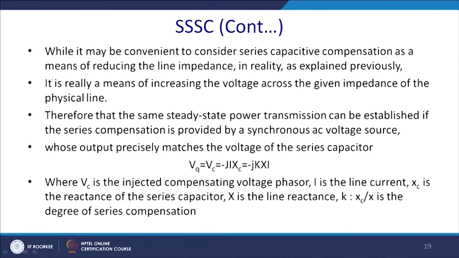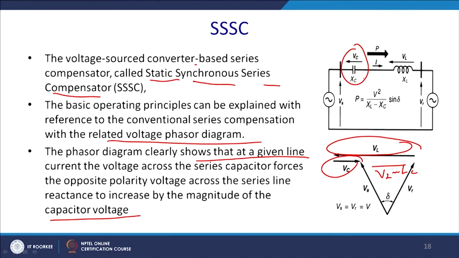While it may be convenient to consider a series capacitor compensation as a means of reducing the line impedance, in reality, as I explained previously, it is really a means of increasing the voltage across the given impedance of the physical line. So, here this will act as a source and that will add up with it, and that voltage source of course is going to be in quadrature with the phase, since it is a capacitor. So, therefore,